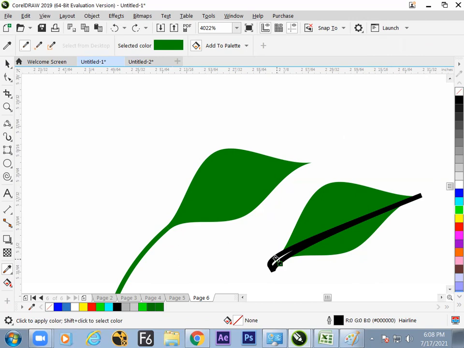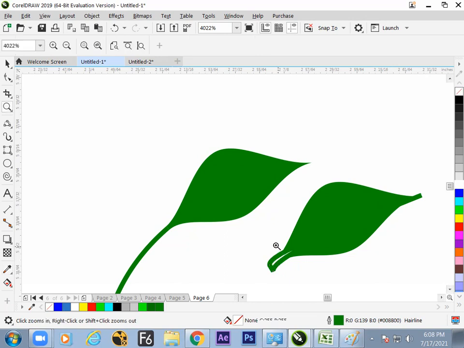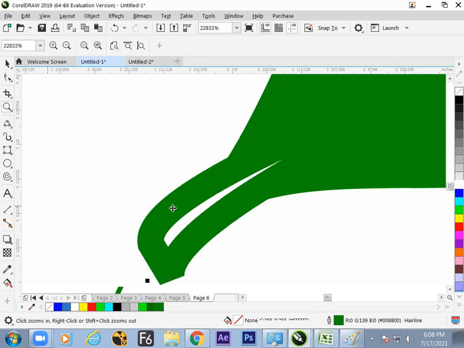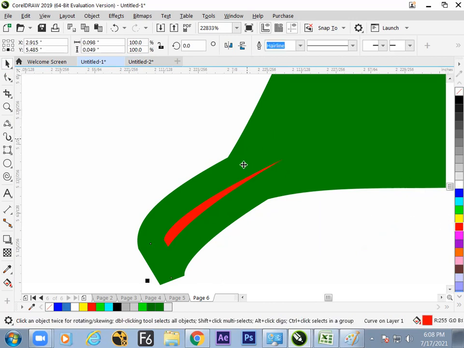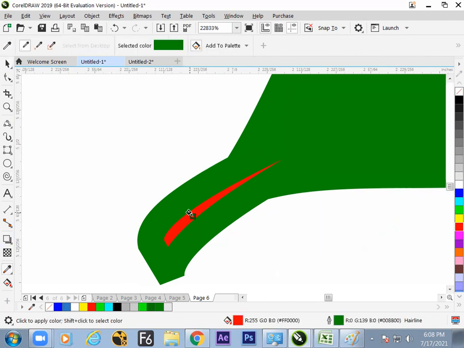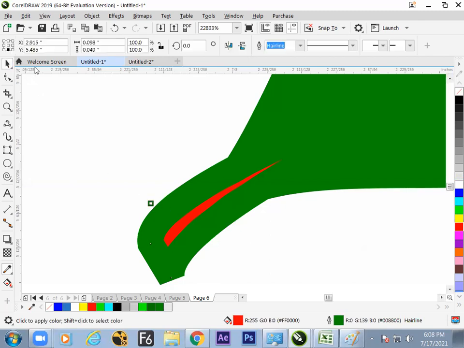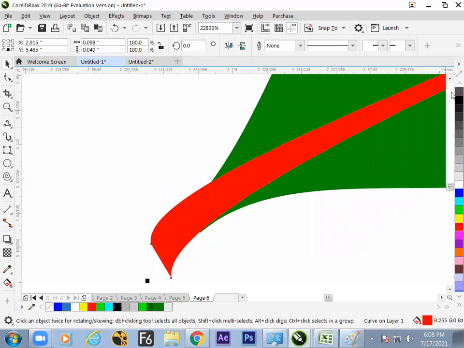Not in the stroke. We can make the stroke go for none, but I need it in the fill, but it is not showing properly. Get it zoomed once more and get the color to fill inside. So let's fill it up. This is the fill, and pick the color from here, and it's not allowing me. Get the strokes to be none first, then the fill color could be done from here.